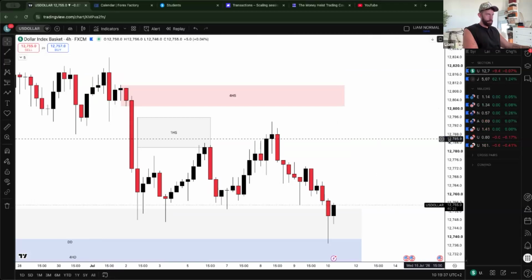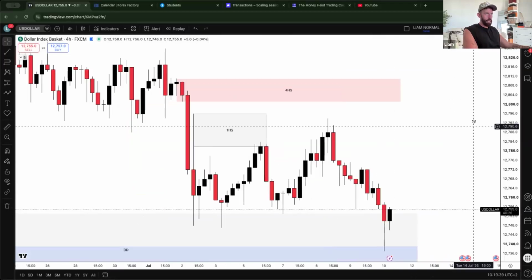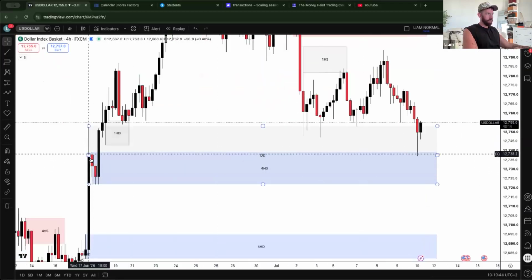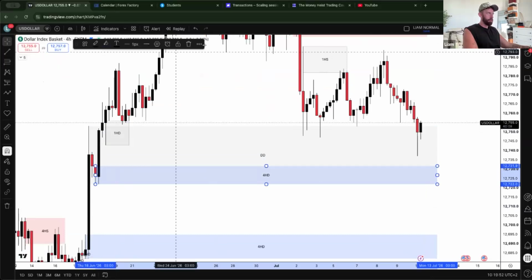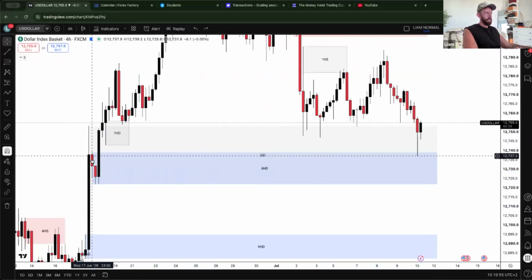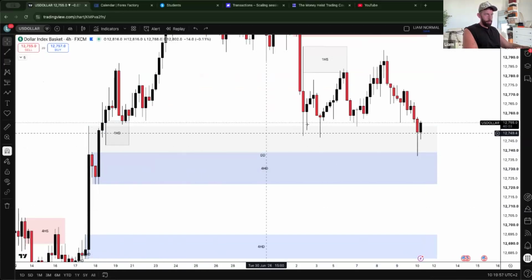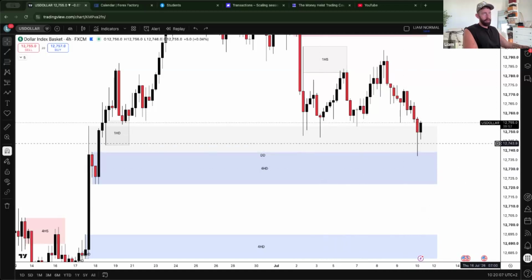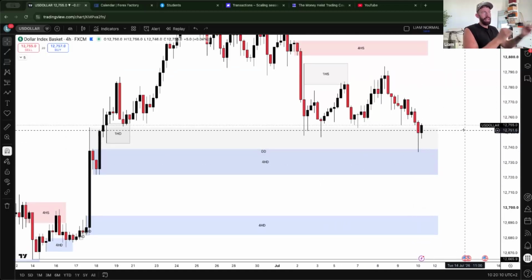Going into the 4 hour, you guys should be able to pretty much see why we're looking at this area. We have these two candles here, these last two sell candles before this bullish move up, and they're both unmitigated. Yes, you can go off this, but just for this purpose, I like the fact that it's two candles rather than one. And as you can see, the market has reacted quite smoothly in there. We've had a 4 hour body closure like this, wicked below into that 4 hour demand area and slowed down a lot. So it's going to be interesting to see what happens now going into today.